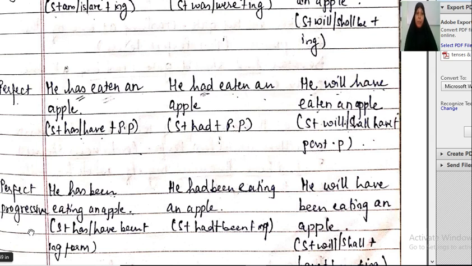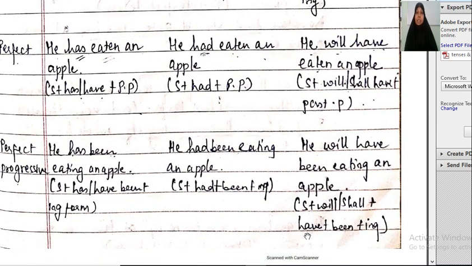Same for present perfect progressive, you are using has been eating or have been eating. In the same way, this has, how we have changed it into had for perfect tense, for perfect progressive also, you will just change it into had been. Understood? Before the ing form of the verb, you have to write had been for past perfect progressive tense. And for the future tense, how we have written will have eaten, here you will write will have been eating. This structure, children, if you learn thoroughly, it becomes very easy for you all to solve the exercise.